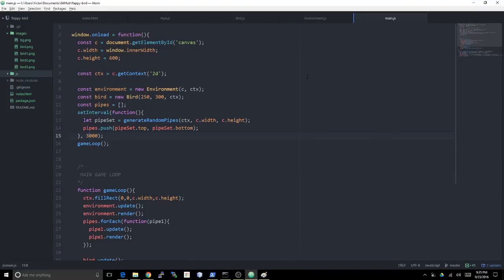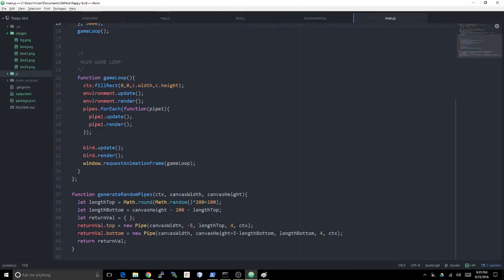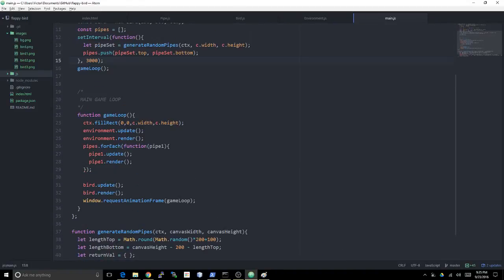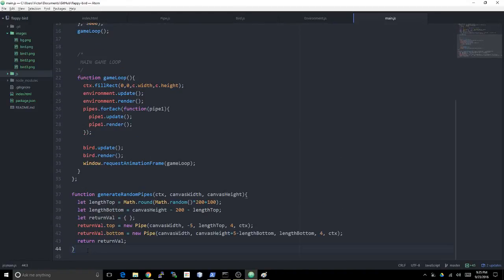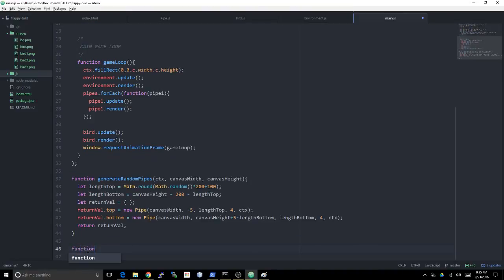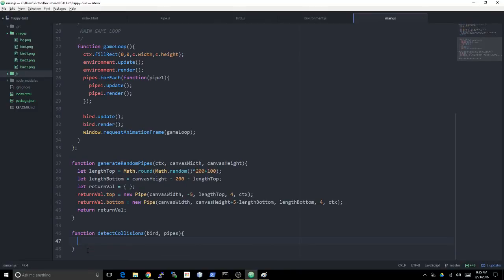There's a couple of different ways. We could just write a function right here, somewhere here, to detect collisions, something like this. Function detect collisions bird, pipes,